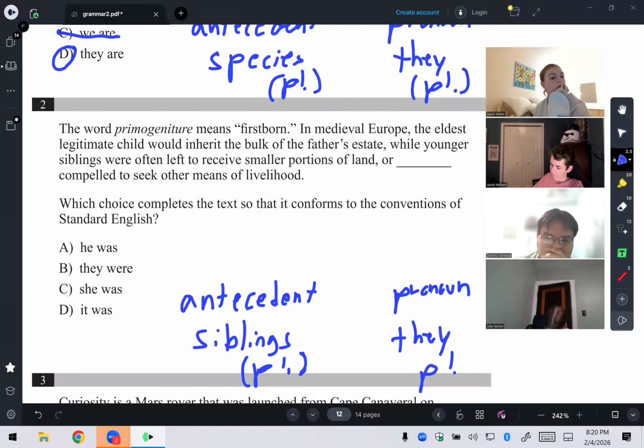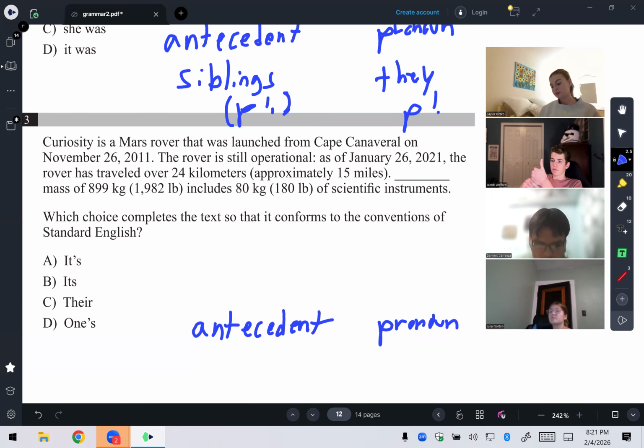I'm going to read the corrected version. Okay. In medieval Europe, the eldest legitimate child would inherit the bulk of the father's estate, while younger siblings were often left to receive smaller portions of land or they were compelled to seek other means of livelihood. Plural antecedent, plural pronoun. Number three, Curiosity is a Mars rover that was launched from Cape Canaveral on November 26,